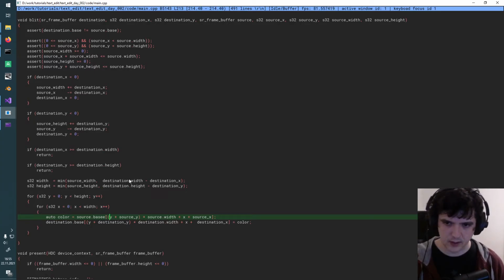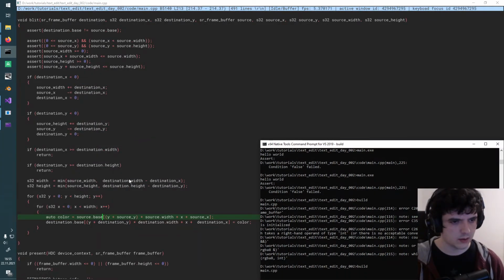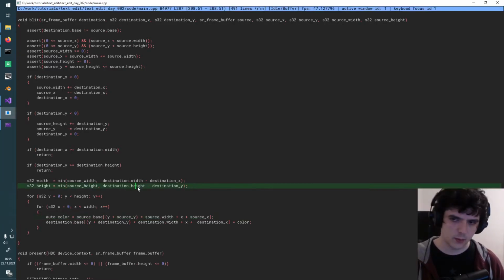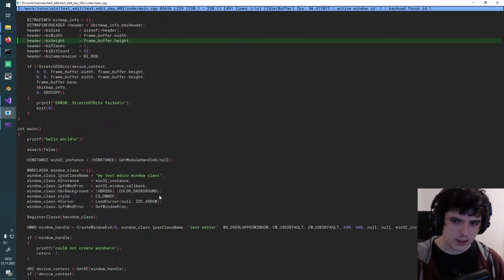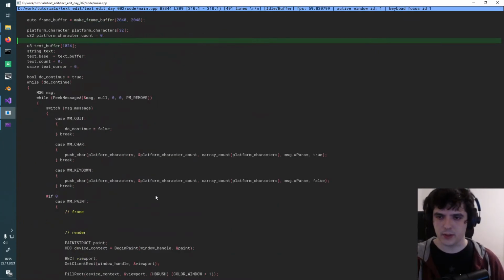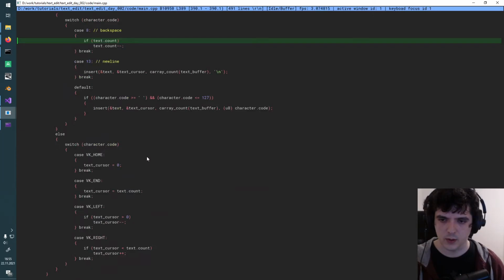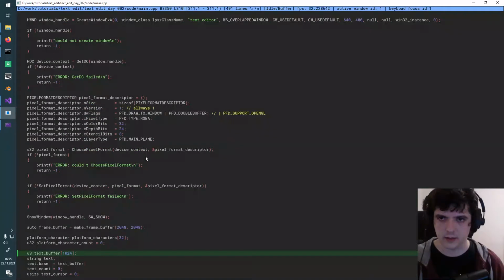Base. That's not a base, it's a base. Okay, this works. Well, technically. Now we need another buffer so that we can actually test it out. So what I'm going to do is create another frame buffer